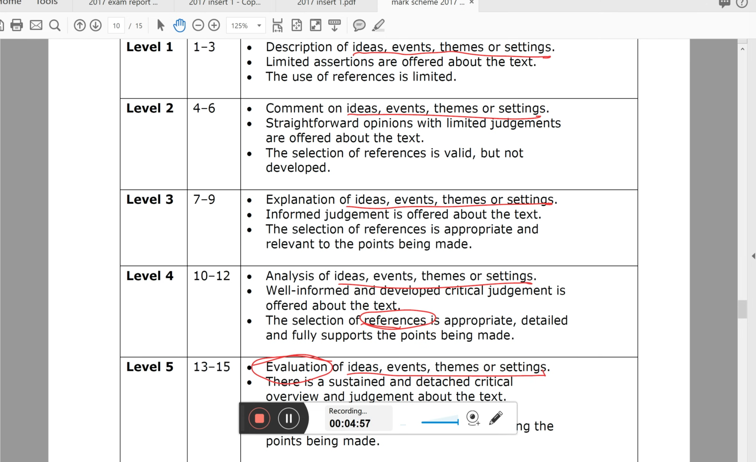It is a good idea to put one or two where you're looking at the effect of certain words, because that's always a bit of a winner. But writing more generally about certain scenes or events is also fine, as long as it's in reference to the text. Okay, so hopefully that is clear. It is a little bit confusing, that mark scheme,